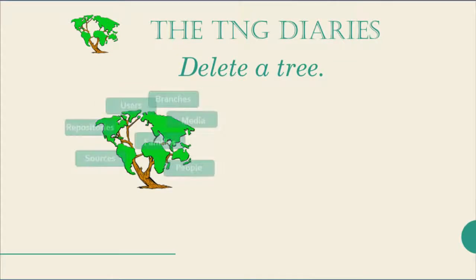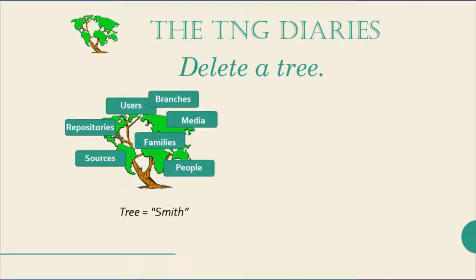What can we do about that? Well, here's our tree again. Let's say we happen to name the tree Smith, and that turns out to be a mistake. We want to rename that tree. Well, you can't rename trees in T&G. You can delete trees. So before you delete Smith, create a new tree with the name that you want, Tree of Smythe,